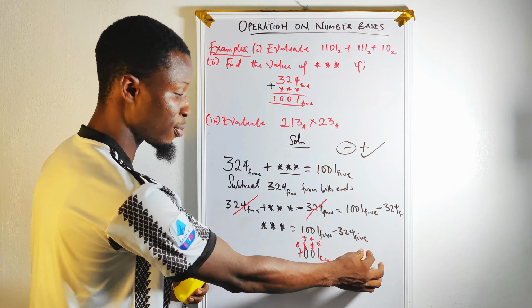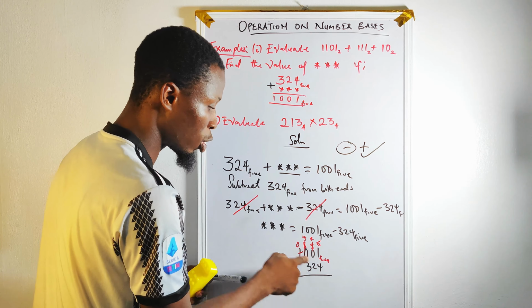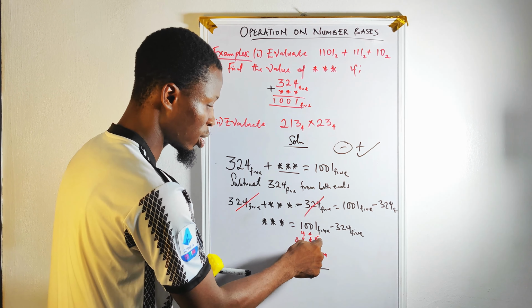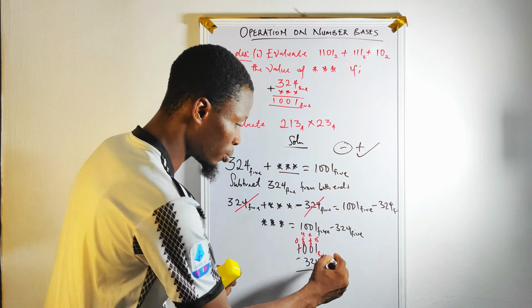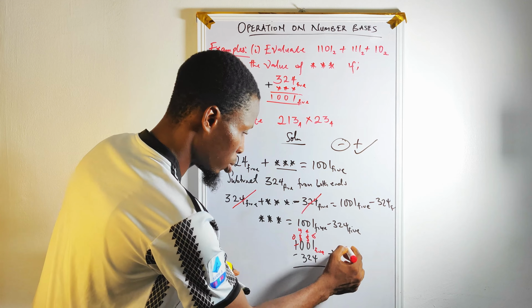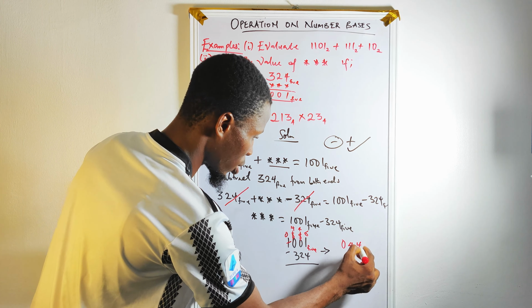On this one, we are in base 5. So any 1 you borrow becomes 5. You just add it up to the number you are taking it to. So we have added to this, so 6. Now you use these new digits. Now we have, if you see it, something like 0446